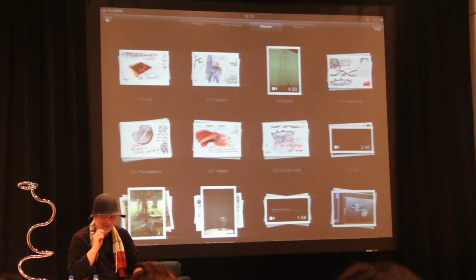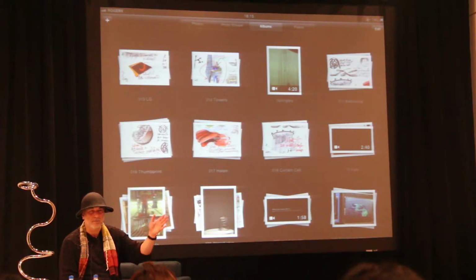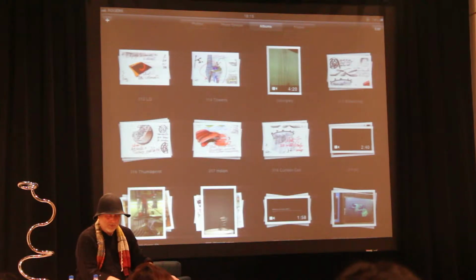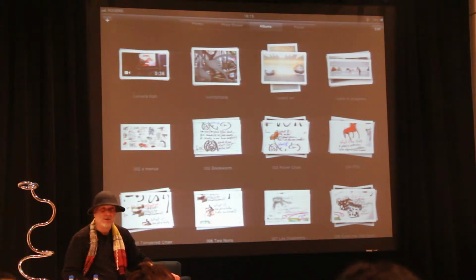And I really don't feel like doing another retrospective because I'm recovering from one in the MoMA, one in the Pompidou Center, one in the Barbican, and I still owe the Stedelijk in Amsterdam one. So I decided to, actually